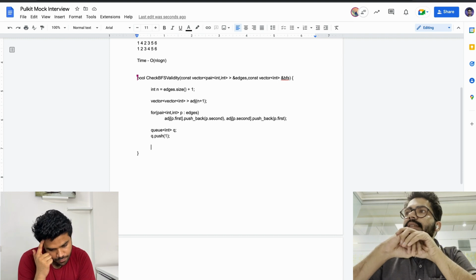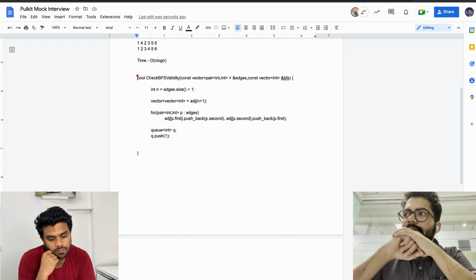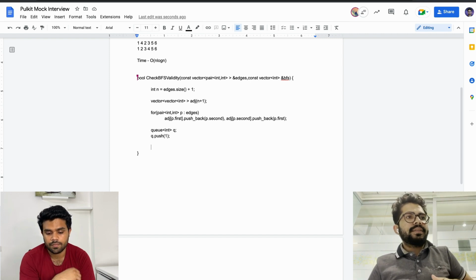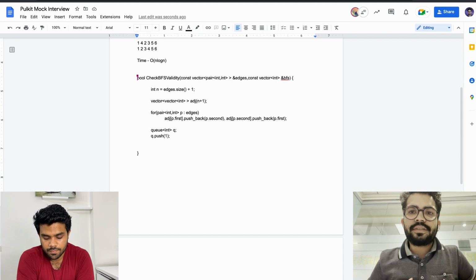So this observation leads me to believe that it is possible to do this in less than O of n log n, because if I just know the index of the first element, right?